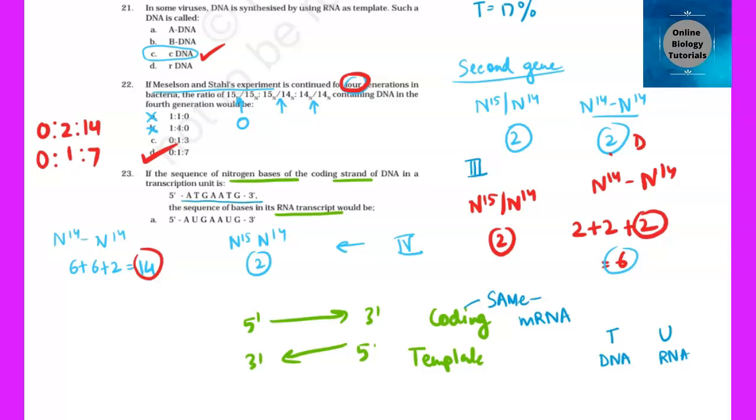What we'll do, we will simply write it down 5 prime, because messenger RNA will also be 5 prime, starting from 5 prime. So it will be A, U, G, A, U, G. That's the answer. So we'll be picking up this as the right answer. In this case, only option A is seen here, because B, C, D are on another page. So luckily, for question number 3, option A is the right answer.